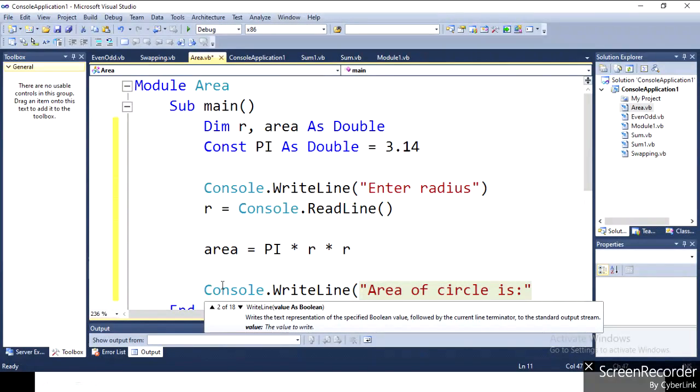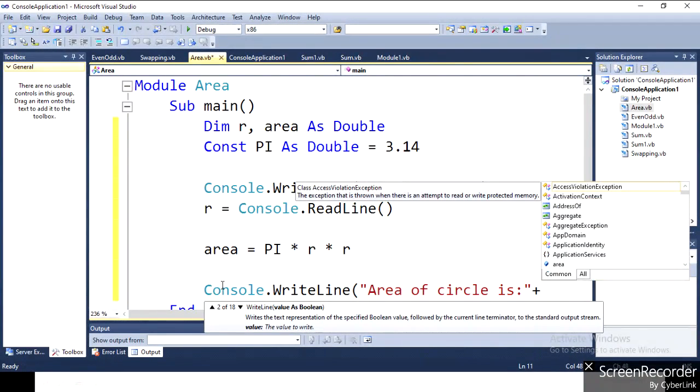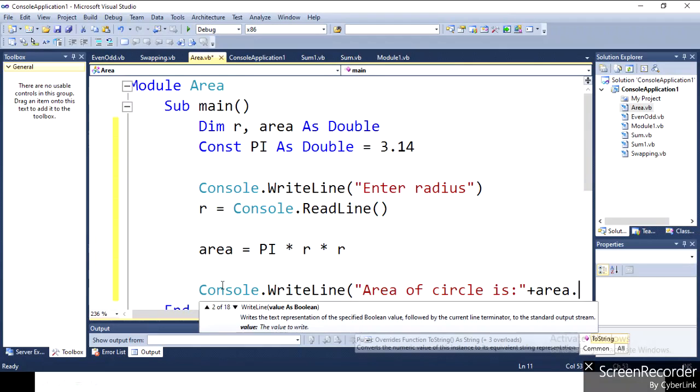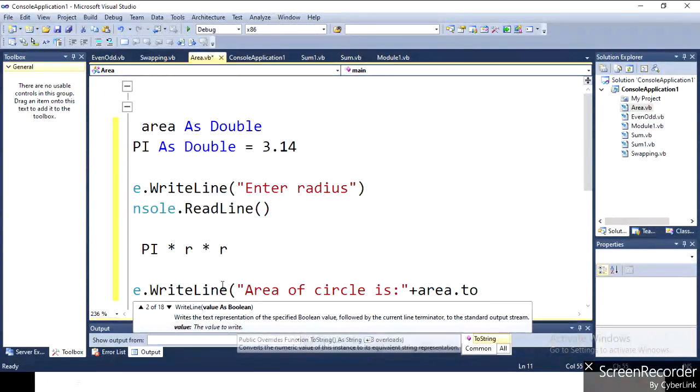After that, the answer is stored in area, but I have to concatenate "Area of circle is" with the variable, so I use the plus sign, then write area.ToString.